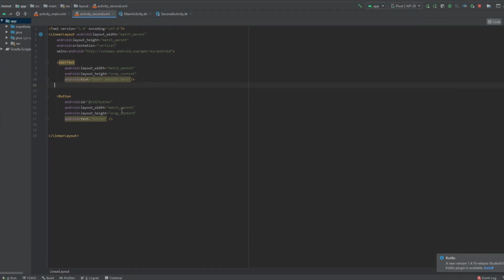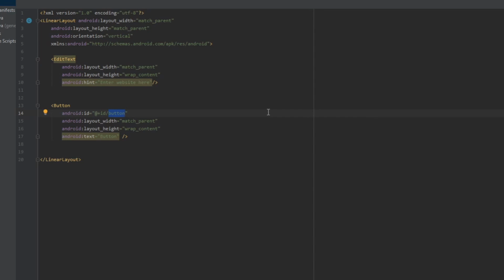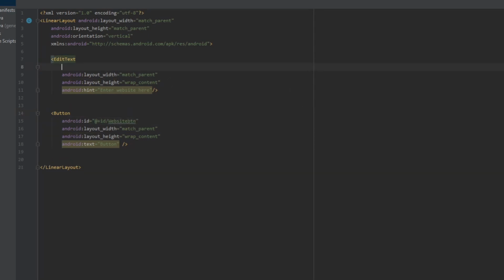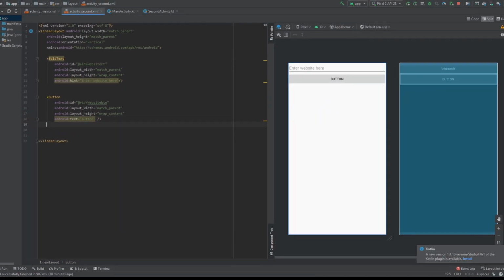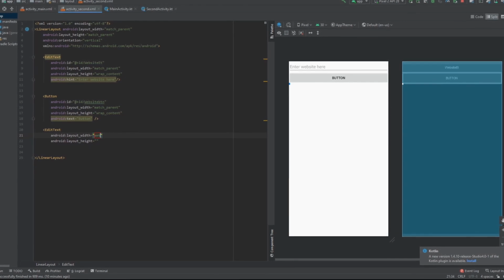I'm gonna call this button website button. And I forgot one thing, I'm gonna call this edit text website edit text. There. So as you can see, we're done for the website. Now I'm gonna add the one for the dial pad, same as the website. Match parent,